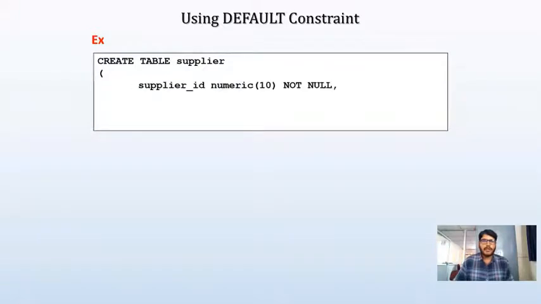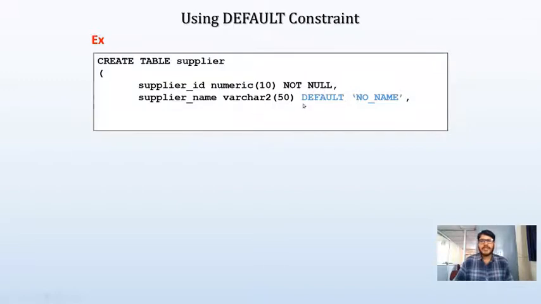I'm going to create the first column as supplier ID with a numeric value, and a not null constraint I'm going to define for supplier ID. And for supplier name, you can see here I'm going to define a default constraint.